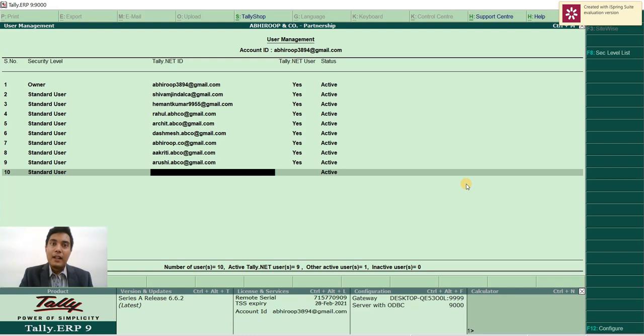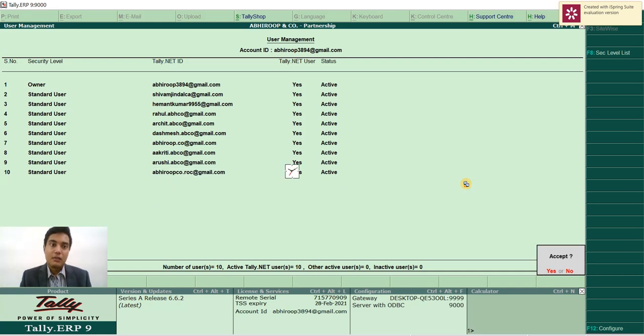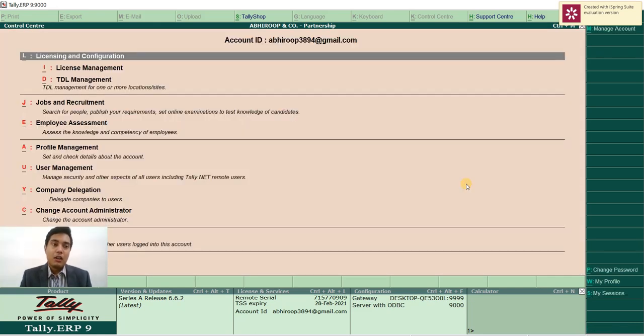I want to provide access to say this particular email ID. Tally.net user, I say yes. End of this. Now what I have done is I have enabled abhiruco.roc@gmail.com to access my data whenever I allow him to access.